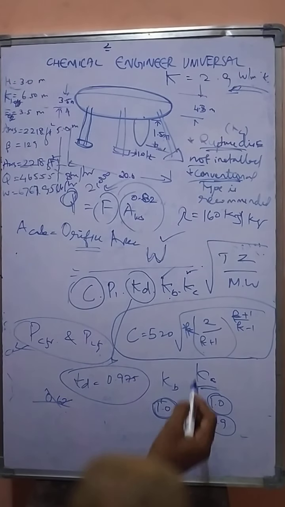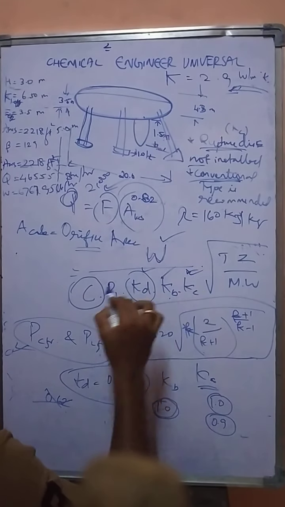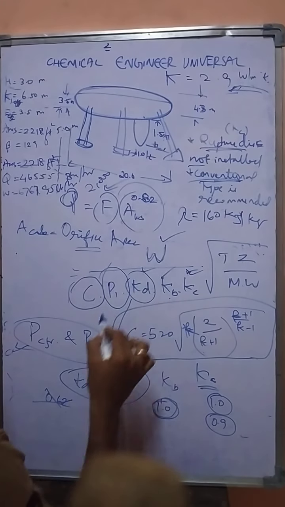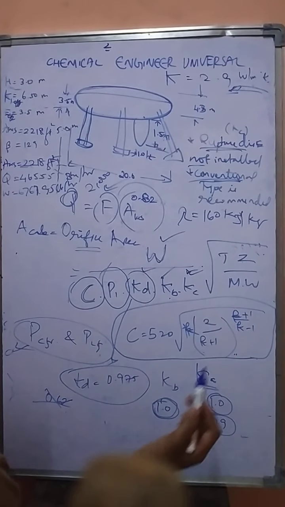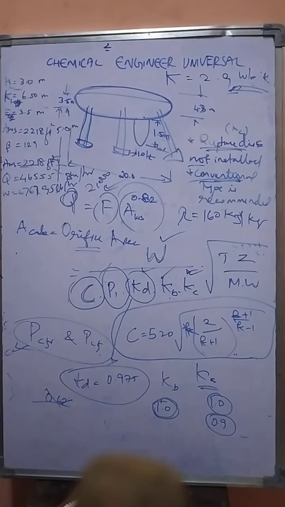So we know KC, KD, KB, and now we have to calculate the P1. We can take this C value from this formula. I already calculated this one. Based on that,